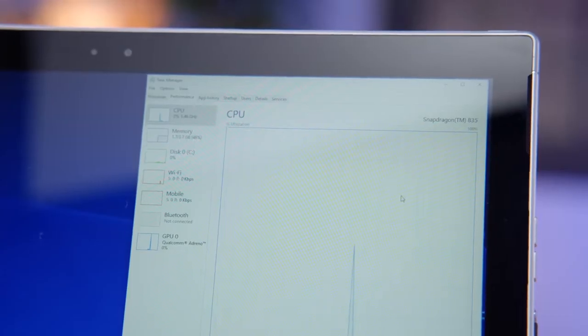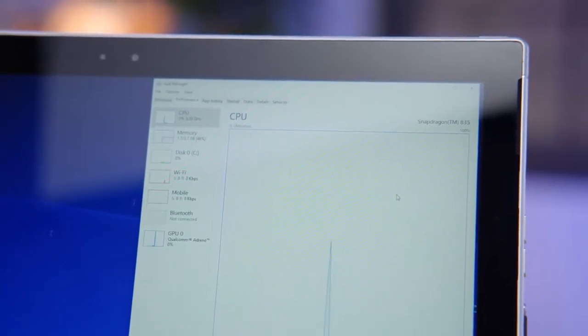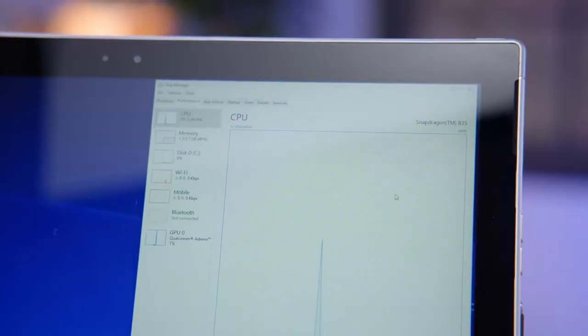However, all of that being said, you have to keep in mind that while it's not going to be crazy high end, you're getting pretty good specs here. I mean, that Snapdragon 835 is going to give you 8 cores, 4 gigs of RAM. It's no slouch. One area this is really noticeable is when it comes